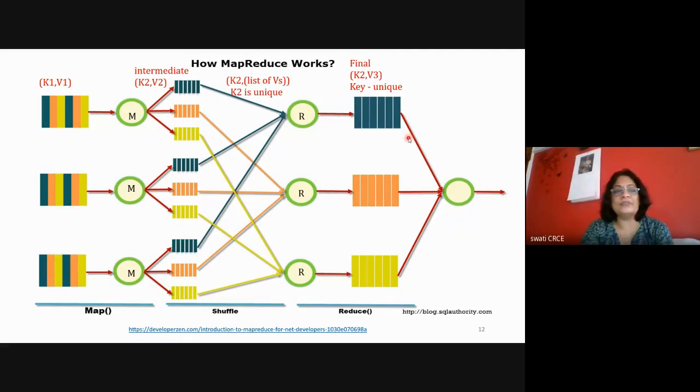So there are two mappers and two reducers. So one mapper, then one shuffler, then one reducer, then the second mapper, then second shuffler, and second reducer. This way it is going to happen in two steps. So in two steps, the logic of mapper and reducer is very simple. But in one step, it becomes complicated.